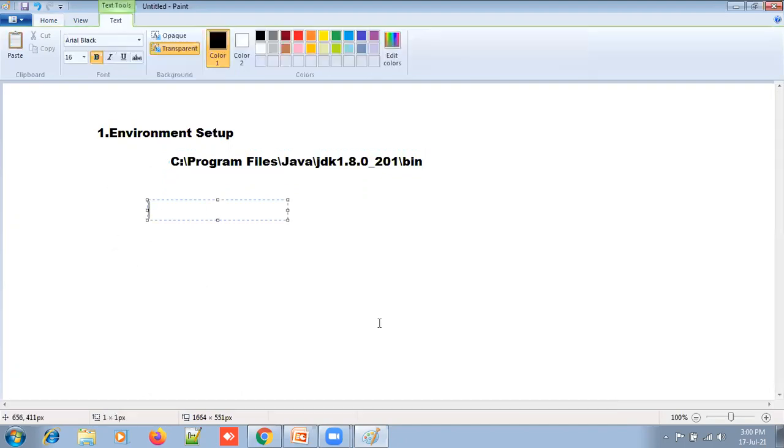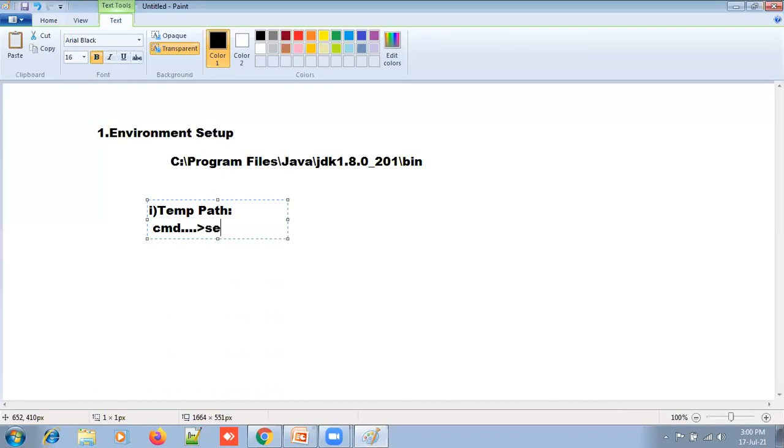Okay, here is the initial step I use. That is a temporary path. The main purpose of this temporary path is that it will be visible only until the command prompt is closed. First, open the command prompt.